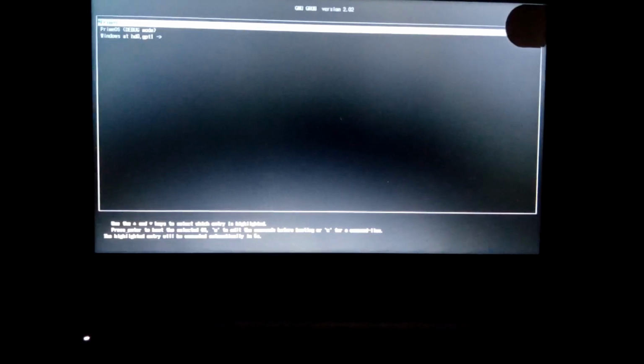Okay guys, I'm back at it again. It's turning on, and we have to be quick. I'm using an HP laptop, so to enter the boot menu I have to press F9, and I am in the boot manager, and as you can see there's Prime OS loader. You have to enter it, then it'll ask you a GRUB version, then you just have to click enter.